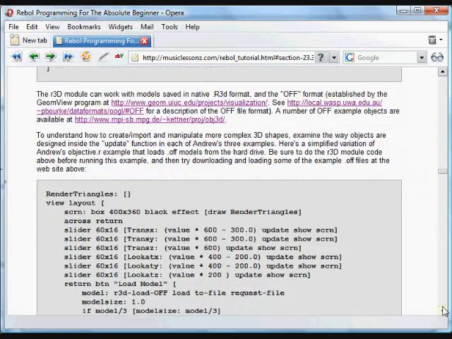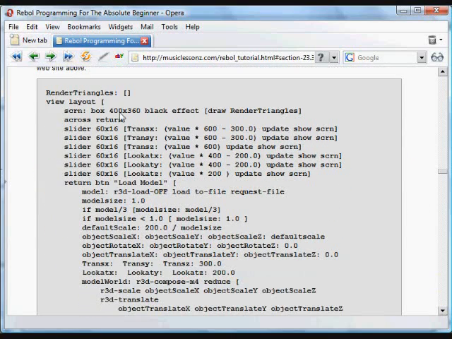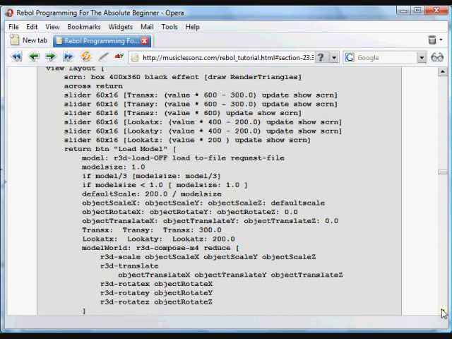We go through all the same routine that we've done before. There's a layout. We have an initial render triangles block that's set to nothing. And a layout that has some sliders again that update the X, Y, and Z values so that the object can be turned around. There's a box, a black box, which draws the data created in the render triangles block, which is created by the R3D module. And then here, most of the action happens in a button called Load Model. And what this is going to do is